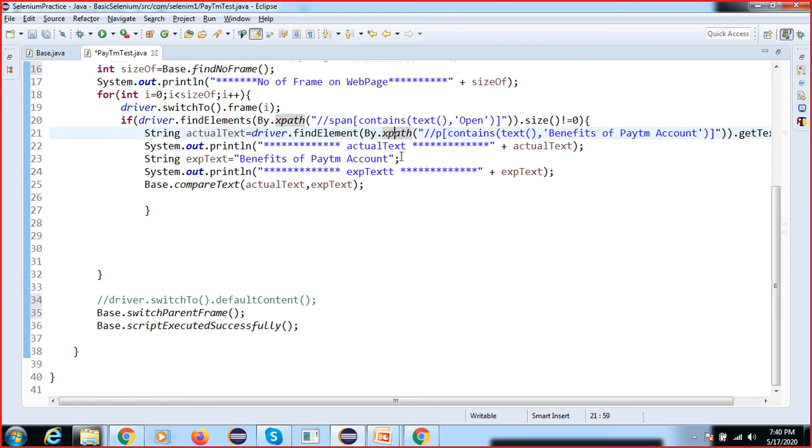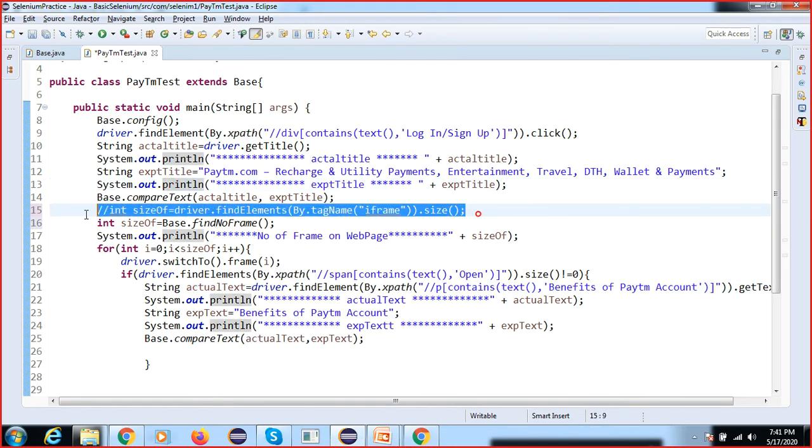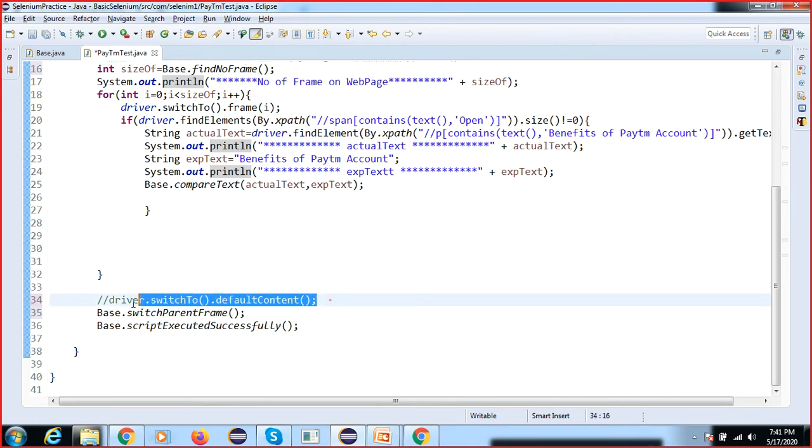In the coming session I will teach you page object model. You should not write this again; we will write it in separate classes. Slowly we will understand the concept with real time, how people work in real time. You will do well in real time because you have basic knowledge of what we are going to teach. If I compile and execute this code, I changed this and I commented this.